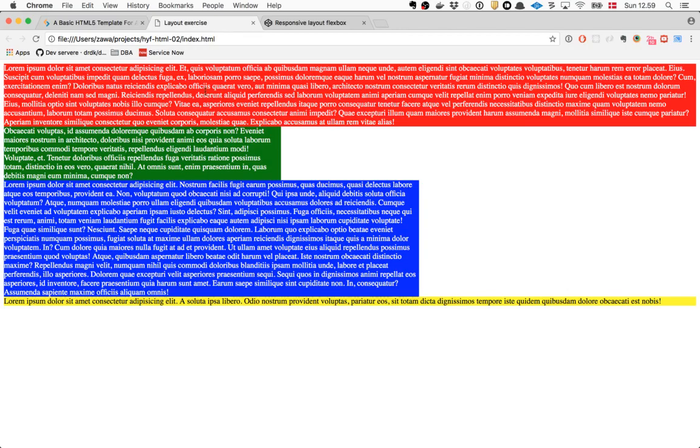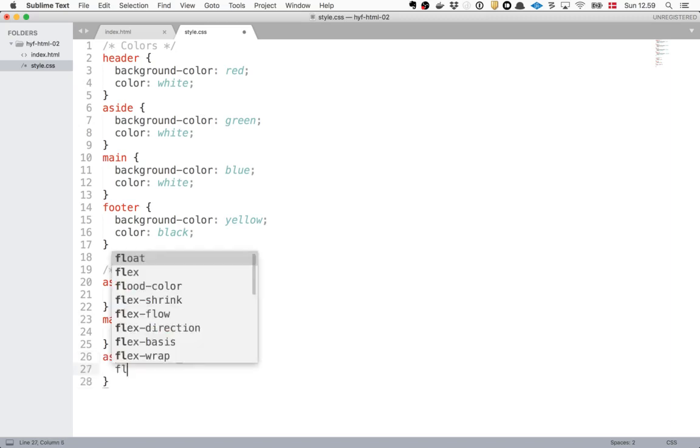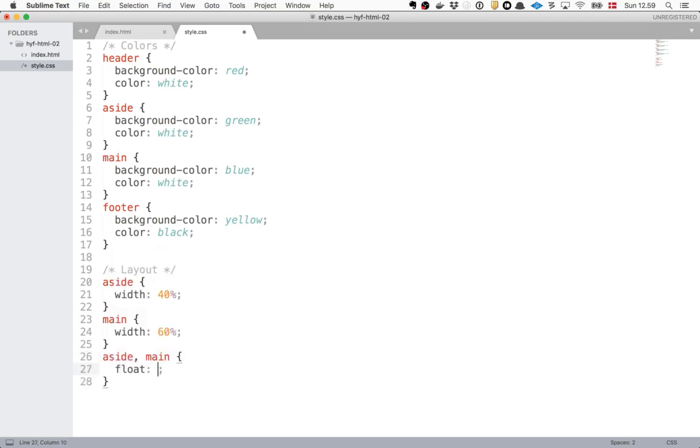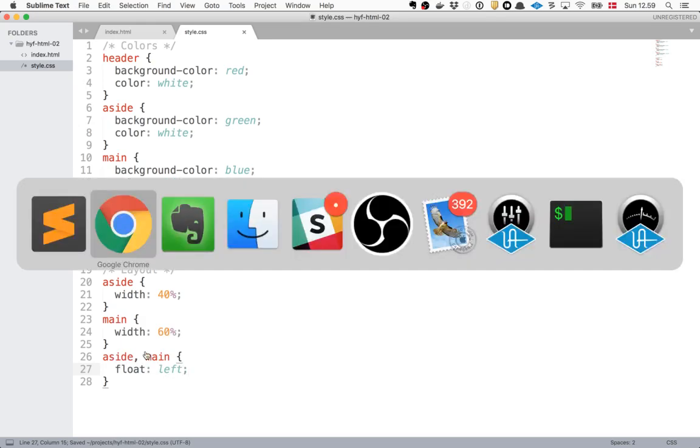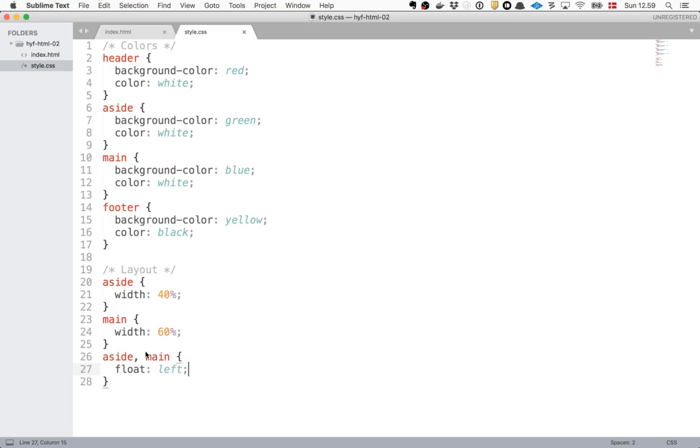So you see here, this doesn't really look like the layout that we're trying to do, right? Any idea what we need to do about this page to get a floated layout? Side and main should be float. Huh? Side and main should be float. Let's try that. Aside and main should be float. Since they have the same rule, maybe try to do it like this, so I don't have to repeat myself. And see how that works. I'm just going to check that it works, and then we go back. Okay, interesting.